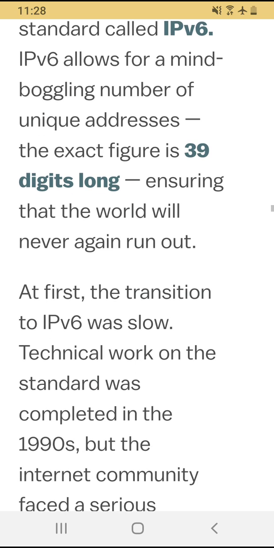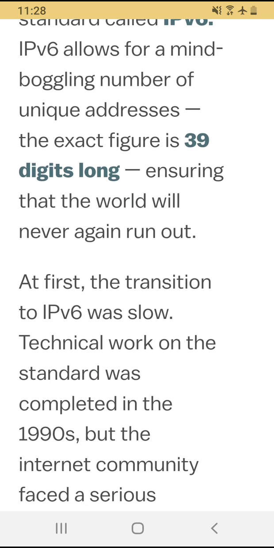Wow. You got 6 figures, and then you got 7 figures. 7 figures is a million. 6 figures is 100,000s. 1, 2, 3, 4, 5, 6, 7 figures. This has 39 digits. So 7 digits versus 39 digits. And billion is what?